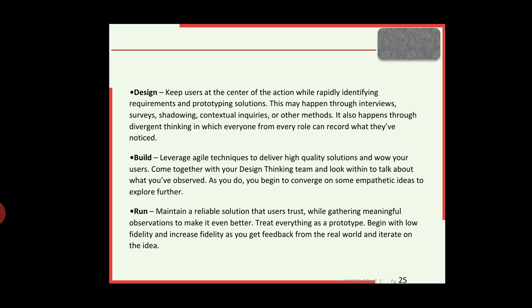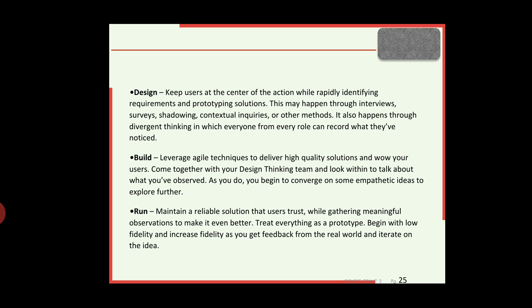In the sense to leverage the agile techniques to deliver high quality solutions. And wow, your users think this technique is very nice. It's one type of method to deliver a high quality solution. Yes, the users think about it and come together with your design thinking team and look within to talk about what